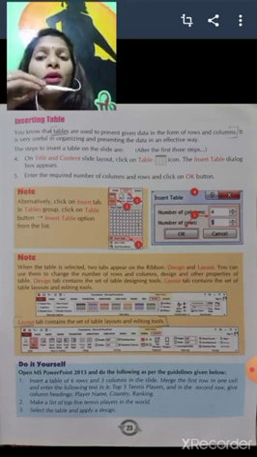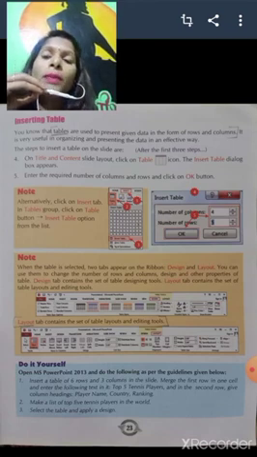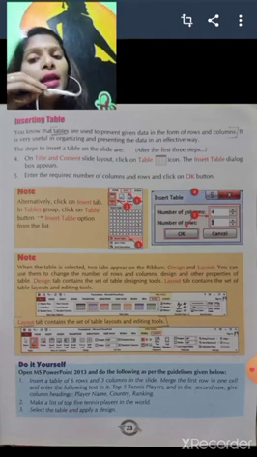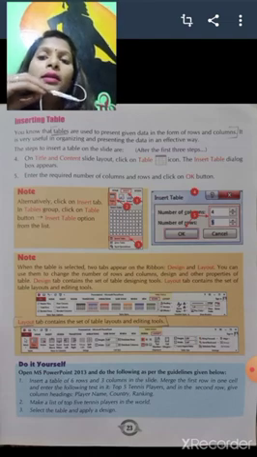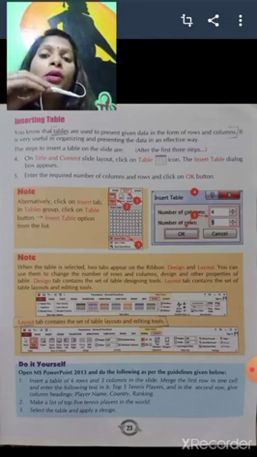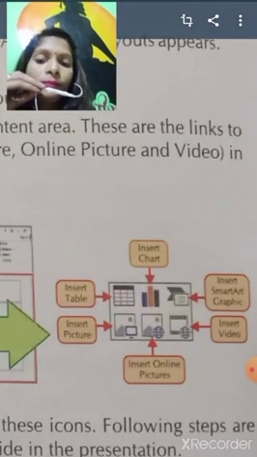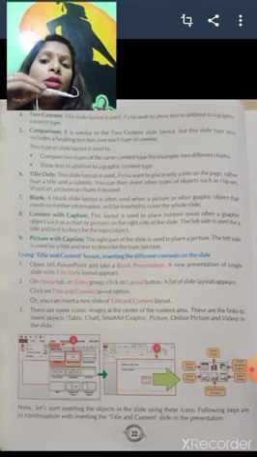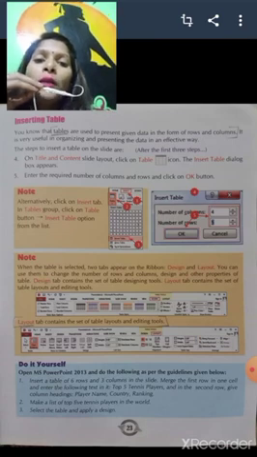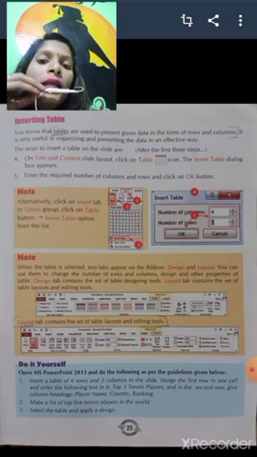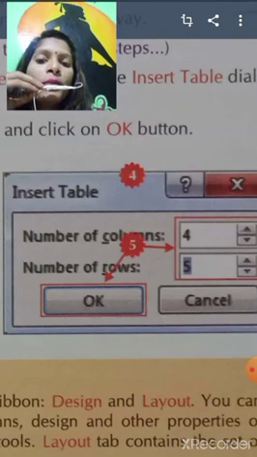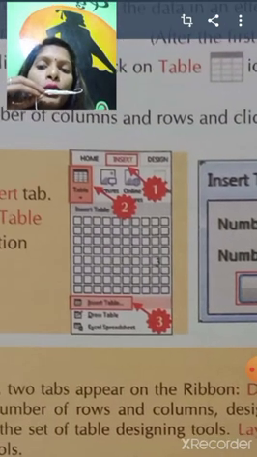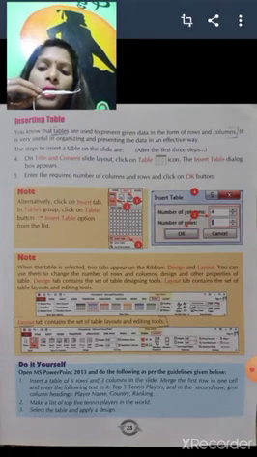Yes. First of all, click on MS PowerPoint, then go to the blank presentation, then go to the home tab, and in that select the layout, right? Then on the title and content slide layout, click on table icon. Yes, here you can see insert table, right? So after clicking on that, it will open the table dialog box. Then enter the required number of columns and rows and click on OK. So after opening that insert table, it will ask you number of columns 4 and number of rows 5. So here it will display the table, right?